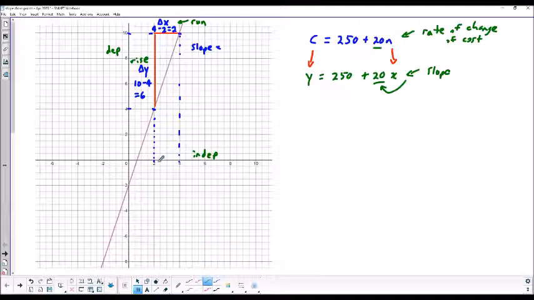So depending on how many steps we move across in the independent variable, that would be the number of steps we rise in the dependent variable from one end of this section to the other. So how much the graph rises in relation to how much the graph runs will give us the slope of the line. And so our rise over run,